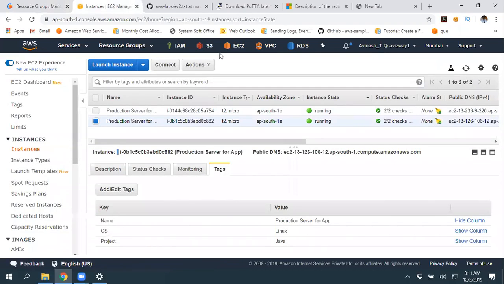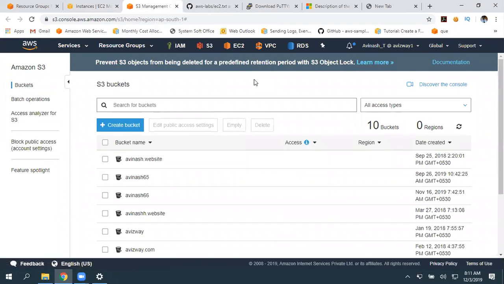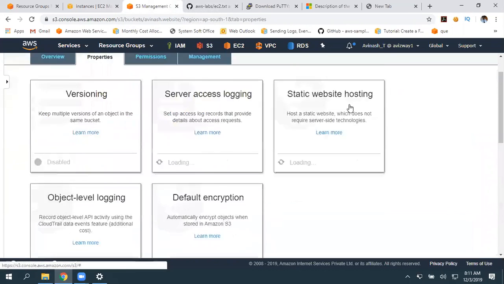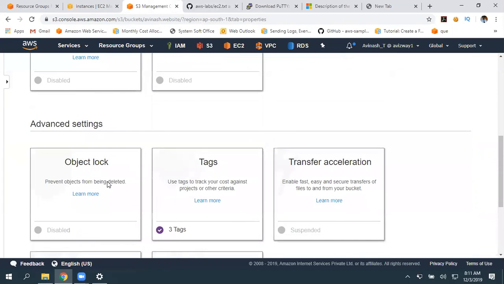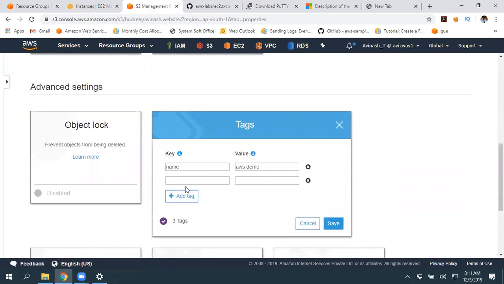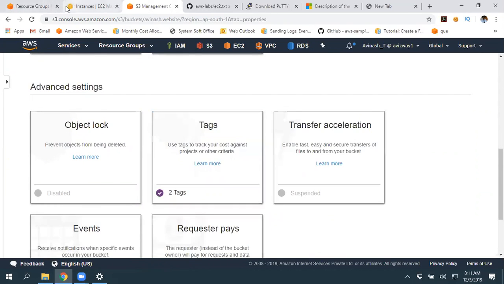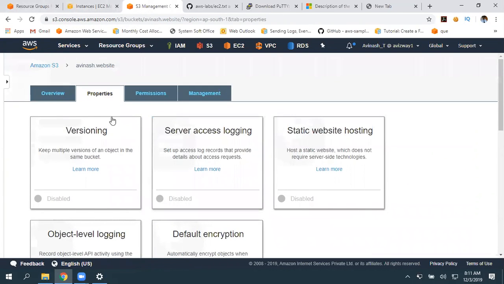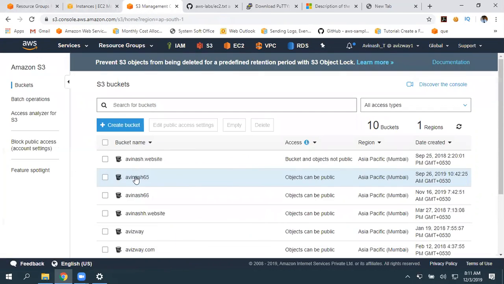Not only this, let me quickly add this tag to a couple of S3 buckets. It may take some time to propagate the changes. So tags: project, I'm using the same tag, project as Java, and let me do that for a couple of buckets.